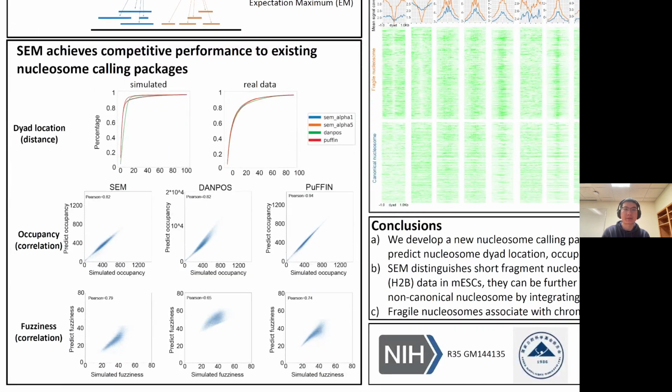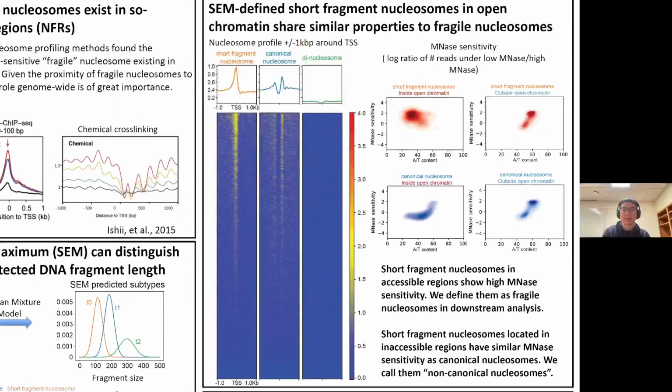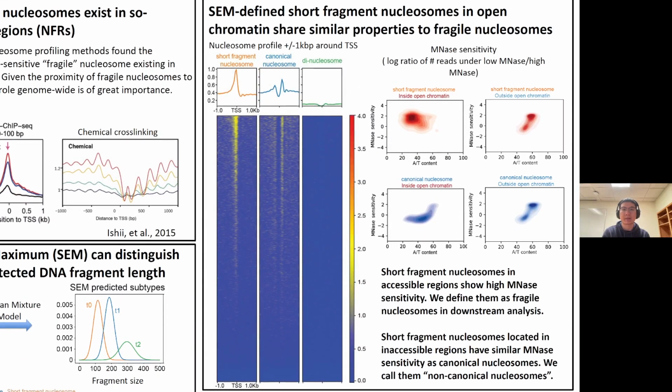After developing this package, we compared SEM to other existing nucleosome calling packages on canonical nucleosome metrics. In terms of dyad location on both simulated and real data, two SEM runs with different occupancy thresholds both achieve performance comparable to DANPOS and Puffin. And on occupancy and fuzziness, SEM also does a comparable job to DANPOS and Puffin. All these results show that SEM can precisely predict the nucleosome canonical metrics. And the most important feature of SEM is that it is able to distinguish nucleosome types. So we applied